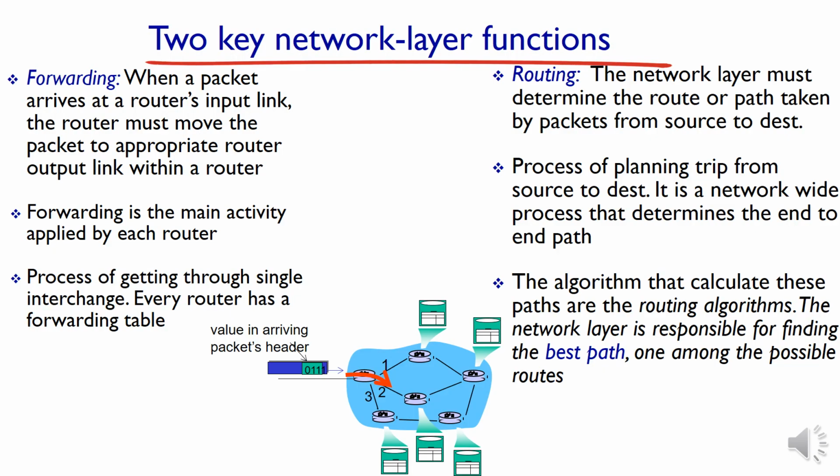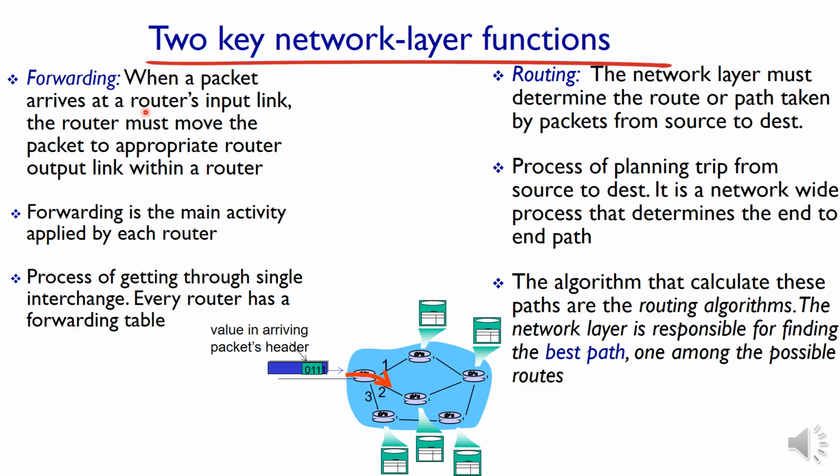The role of the network layer is to move the packets from the sending host to the receiving host. As we know, the important point here is that host-to-host connectivity is performed at the network layer, whereas in the upper layer it was process to process. To do this activity of connecting between hosts, the two important network layer functions are defined as forwarding and routing. The left hand side is explaining what forwarding is and the right hand side is explaining what routing is.